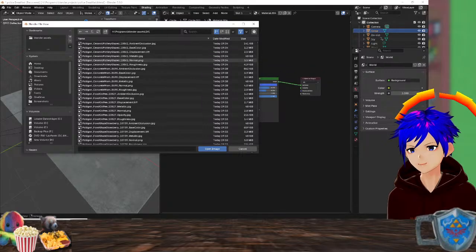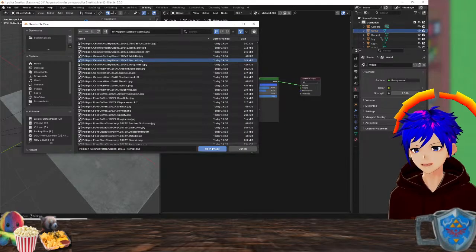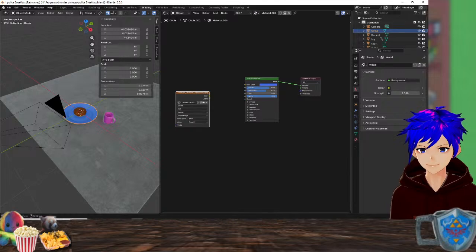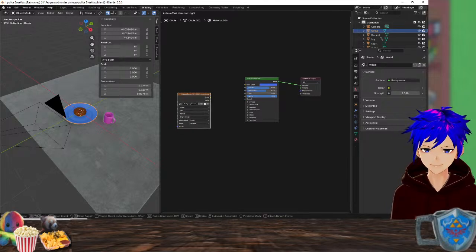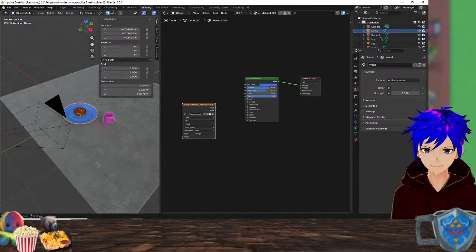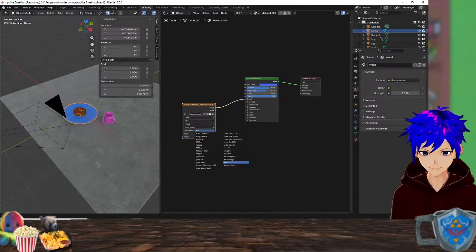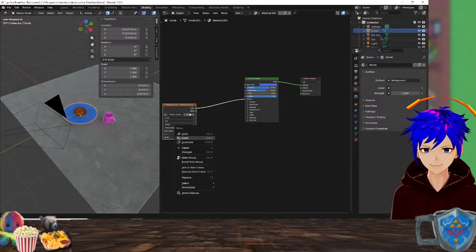And we're going to use normal. Non-color.